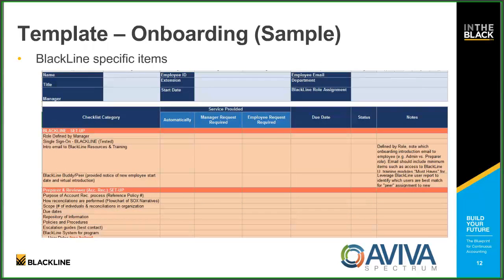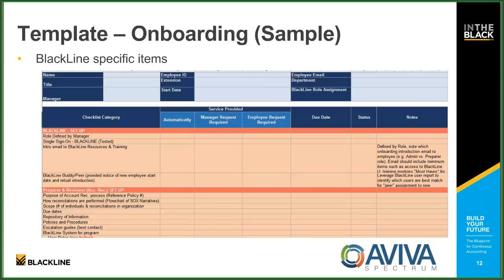All right, here's the template that I was mentioning earlier, which is a consistent onboarding process. I hid the rows above this, but you'll see the BlackLine setup here in this checklist. It talks about the name of the person, their ID number, their phone extension, title, and so on. What's most important here is the starting of the process, to really think through: